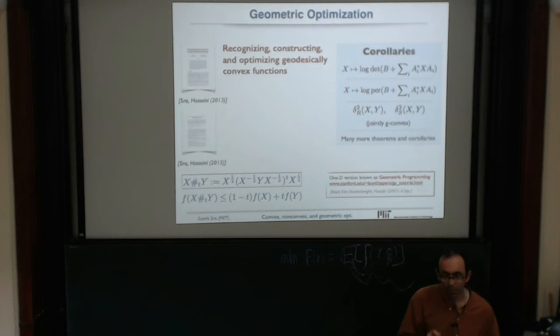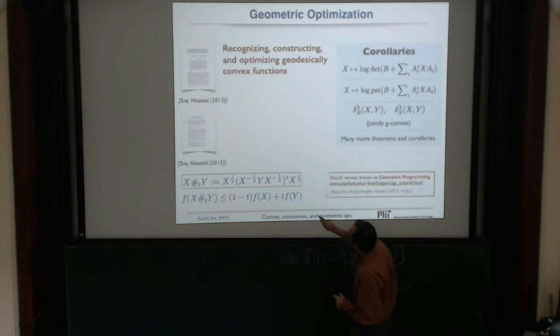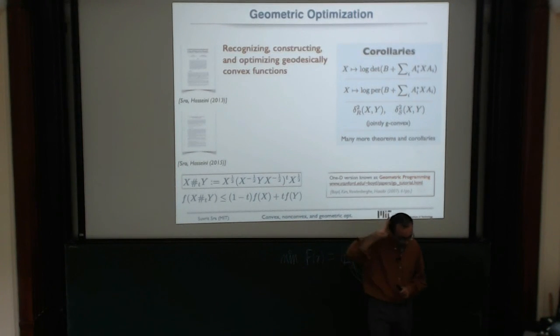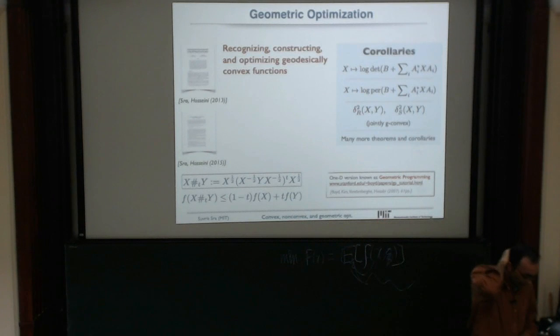And on this manifold, the curve, which is also known as the geodesic between x and y, has a nice closed form formula. And functions that satisfy convexity along that curve are called geodesically convex functions. And it's a pretty cool convexity to know about,